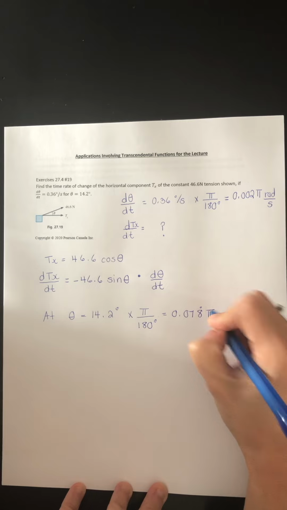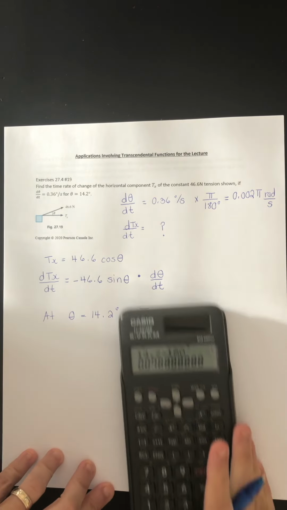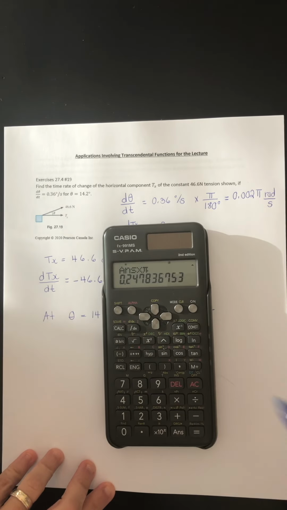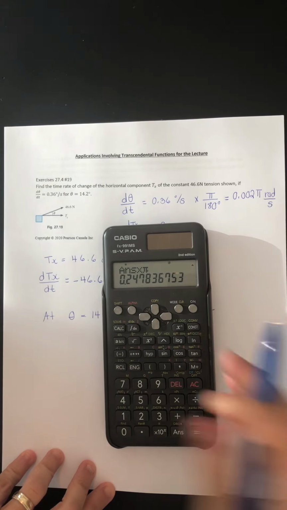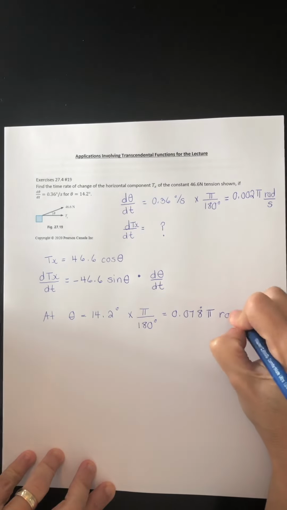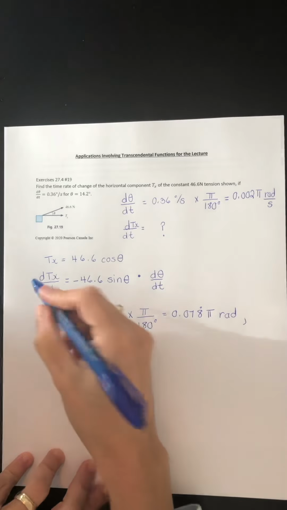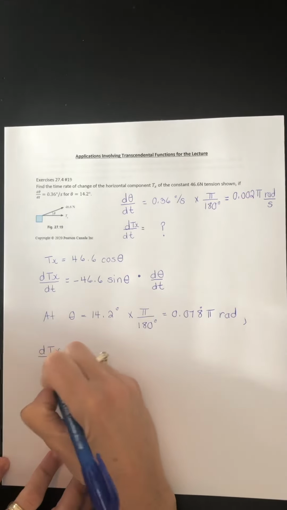Pi. Okay, so I'm going to write it like that again because it's a nice way to write it, but it's the same as this number. So if I multiply by pi, it would be the same as this number as the angle in radians. Okay, so this is now the angle in radians. So when the angle is equal to this, now we can work out the time rate of change of t